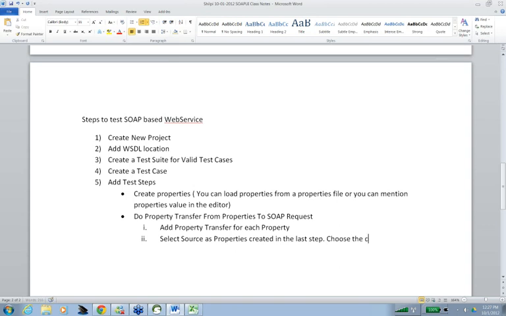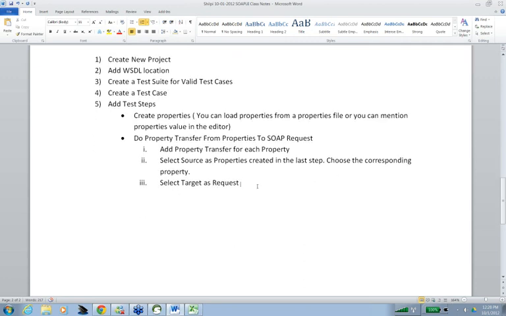Choose the corresponding property. Then select the target as a request, with the request name, for example, conversion rate, and property as request.